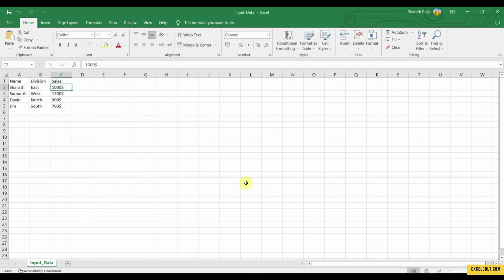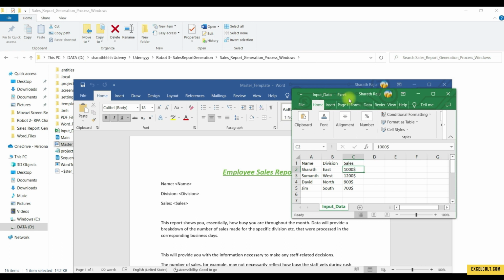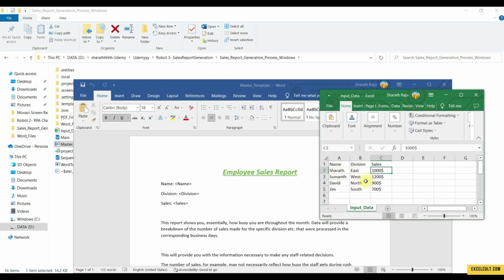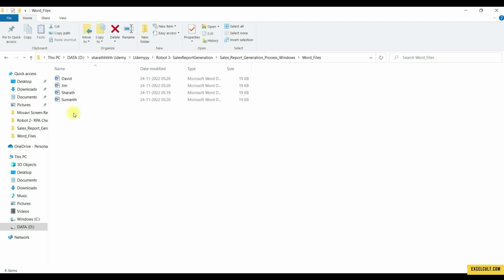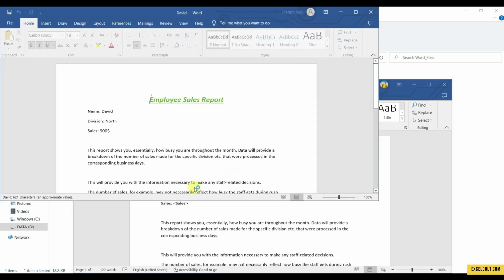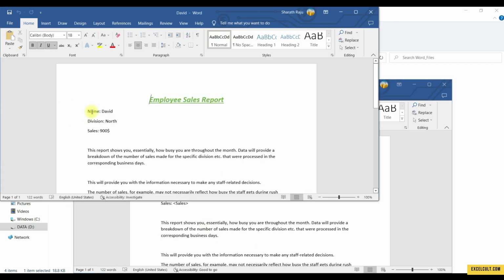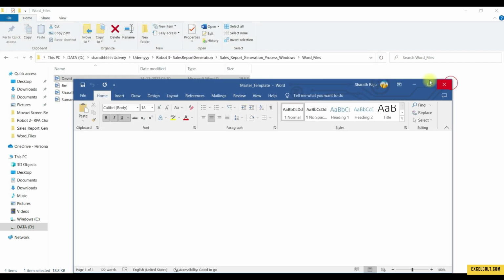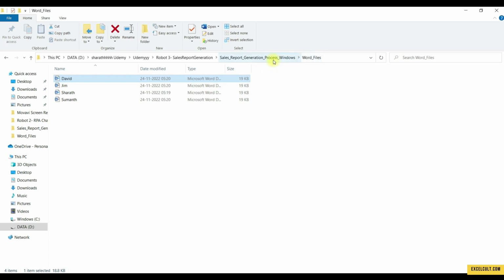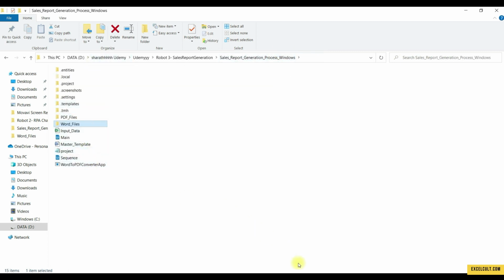We just have to do one thing here. We have to input this data into this template 4 times and we'll be able to generate Word files of this kind. As you can see, this same template has been populated with the data available in the Excel sheet like this: David, North, and this. And then the Word files that have been generated have to be passed on to this particular application and it will give out